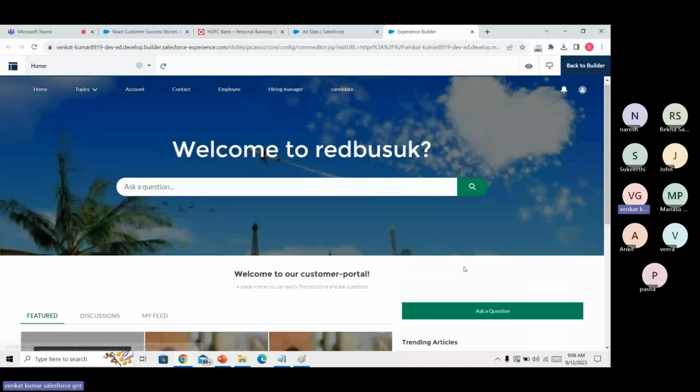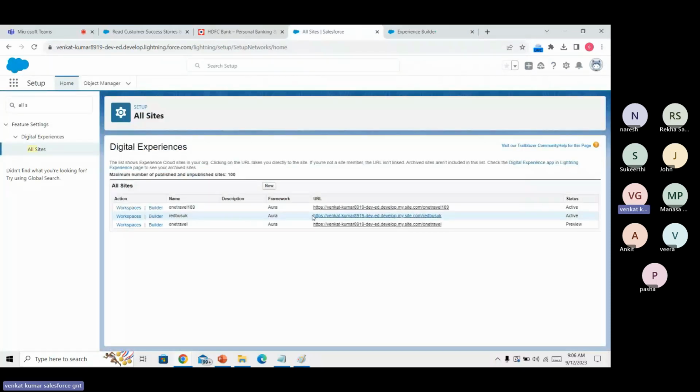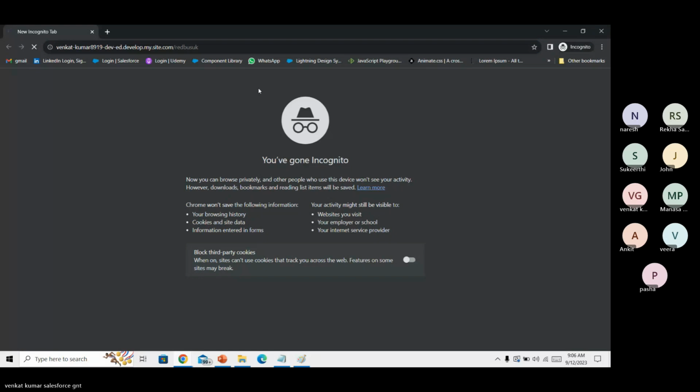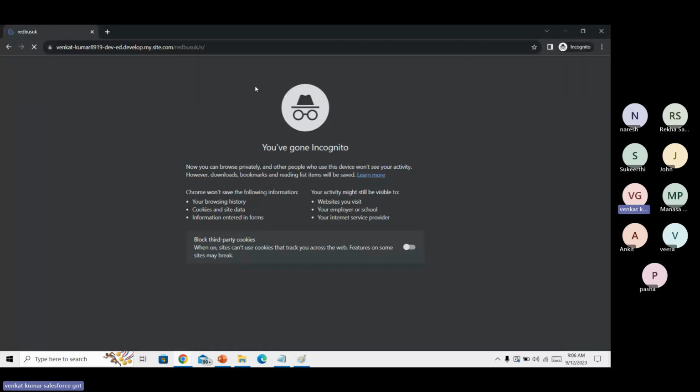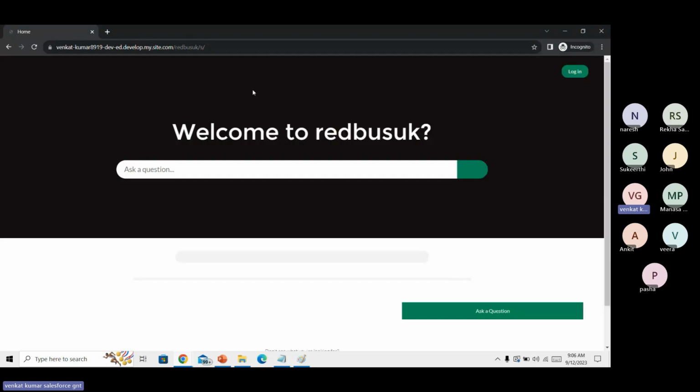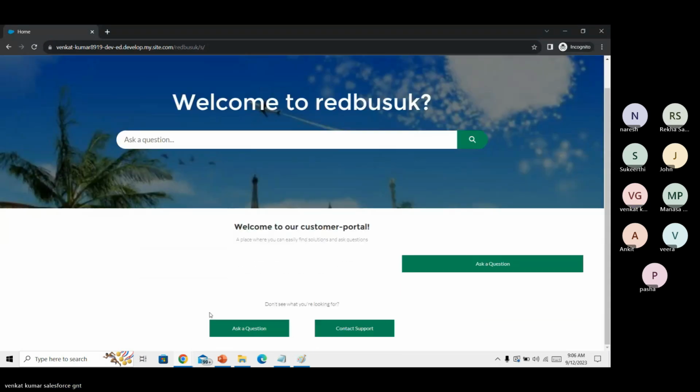Like this, I'll design in a future class. For example, you are an external person. I'm opening it in incognito mode. It will come as registration and login forms. See, nothing is open.